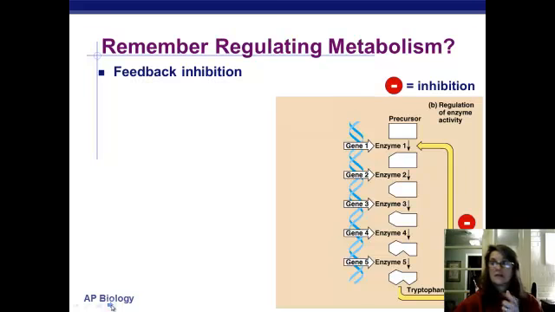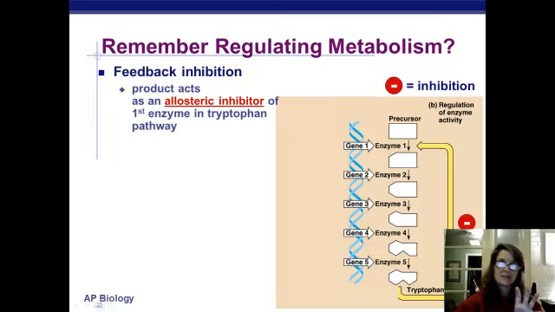Now, there are ways to do this that don't necessarily involve genes. We talked about this with cell respiration when we talked about phosphofructokinase as an allosteric enzyme that could shut down the pathway if we had enough ATP being made. Well, there's all kinds of enzymes like that. For example, this isn't the cell respiration pathway, it's a different one, but it looks very much like glycolysis. But here our end product is an amino acid called tryptophan.